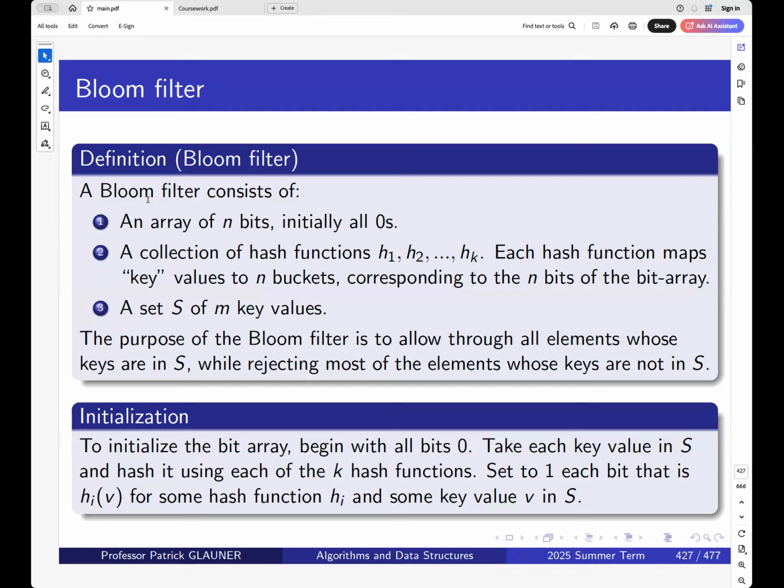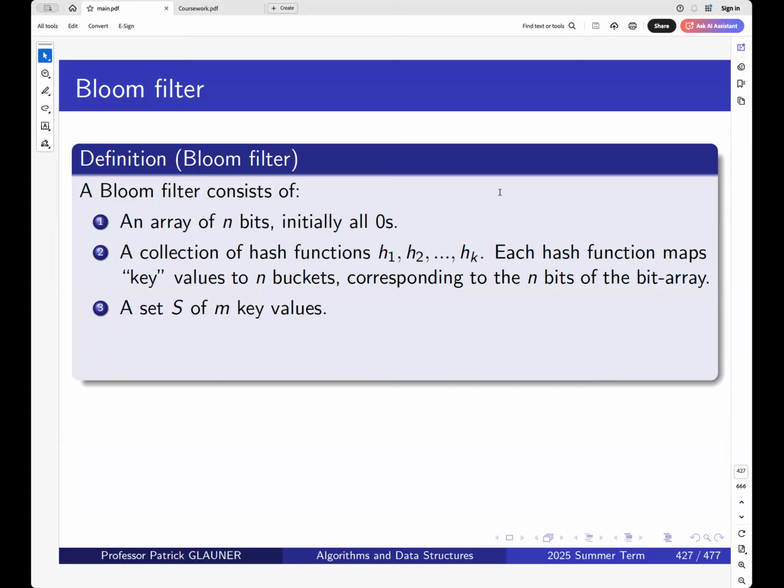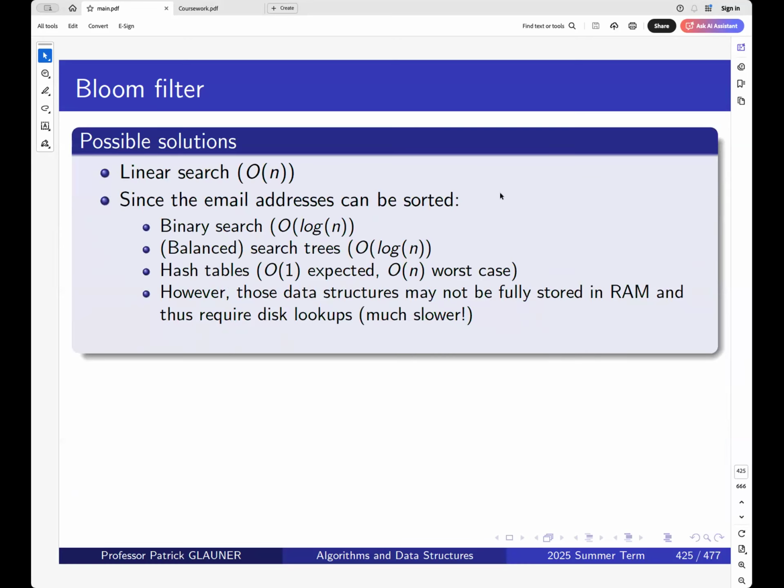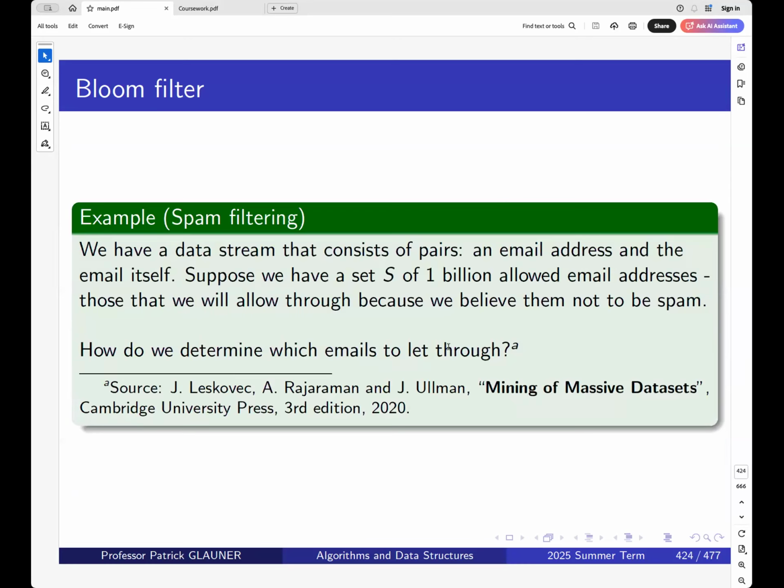Because we've just started with the rough idea. So a Bloom filter consists of an array that has n bits. And these bits are initially all 0. And also one thing I want to say is part of this, what I'm presenting in this section here is